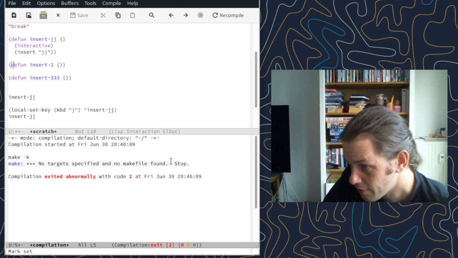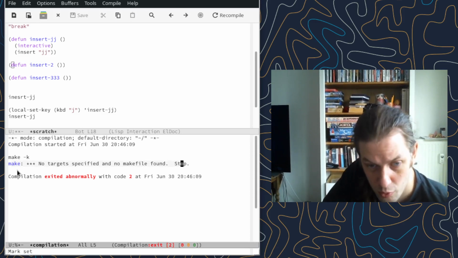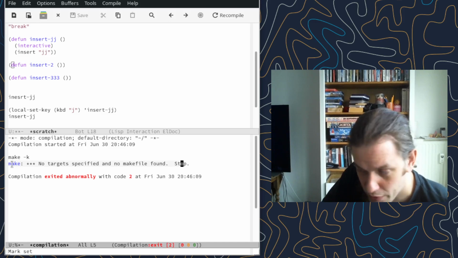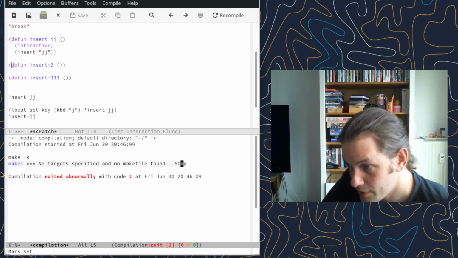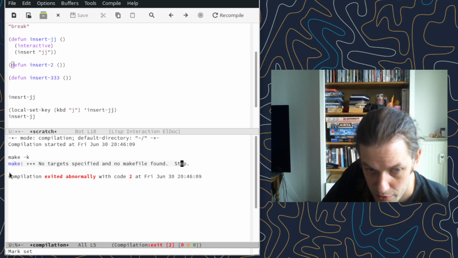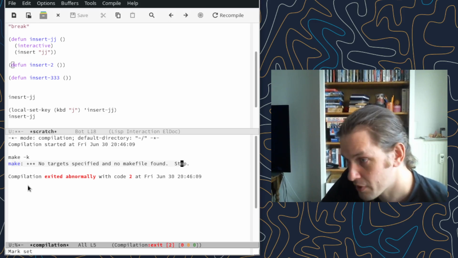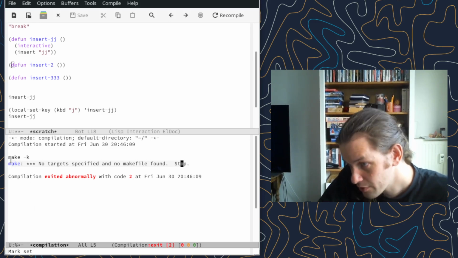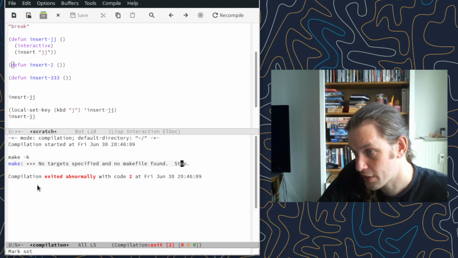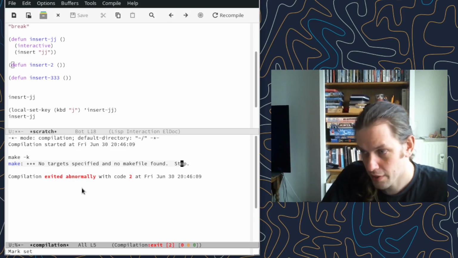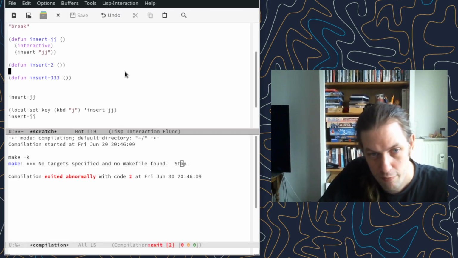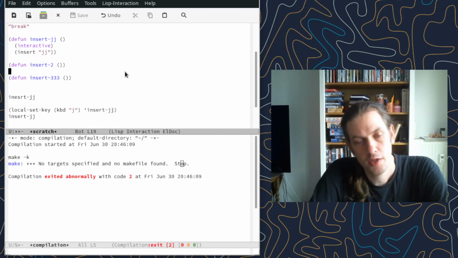And the nice thing about compile is that when you have, for example, GCC running in compile or some other thing running in compile, there will be a regular expression that matches the error messages from that tool that you've run previously and make them clickable. So it will parse the error message and the line,